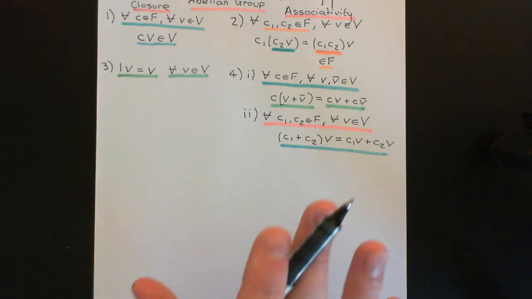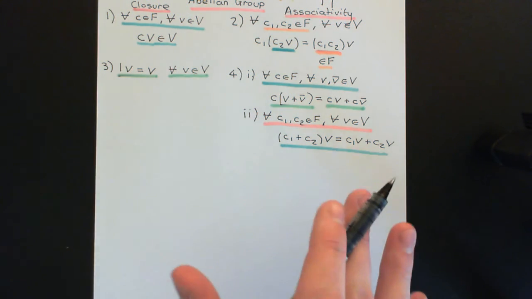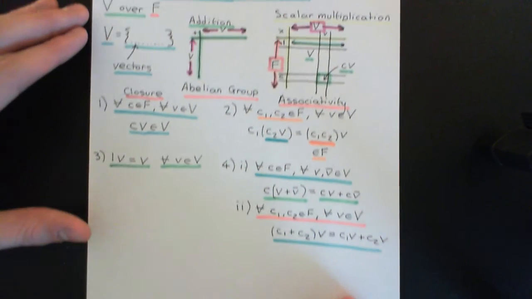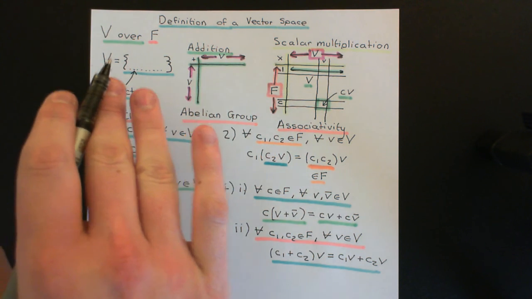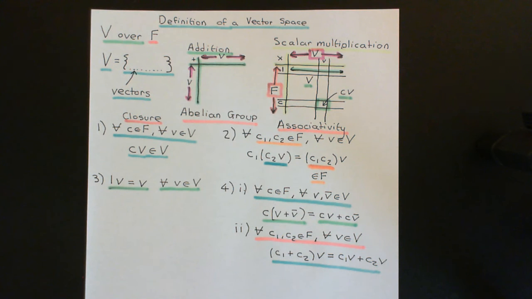But before I actually look at that, let me just go back to the addition composition table over here. So I said right at the start that my vector space would have this addition composition law on it, and this addition composition law would obey the axioms of an abelian group.